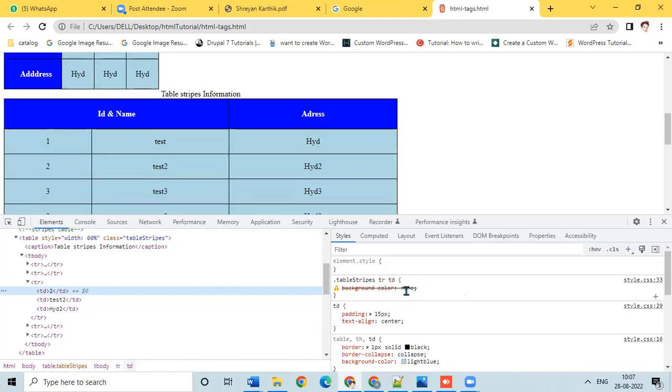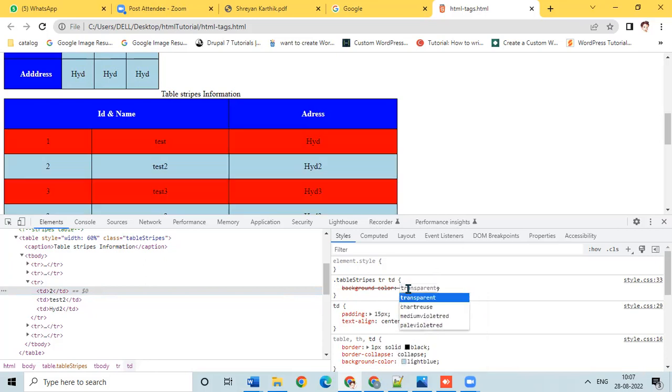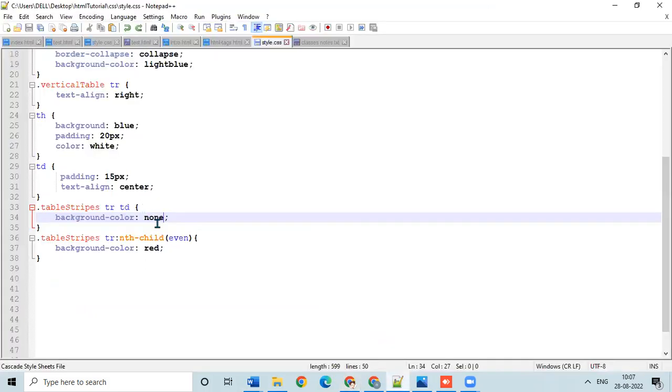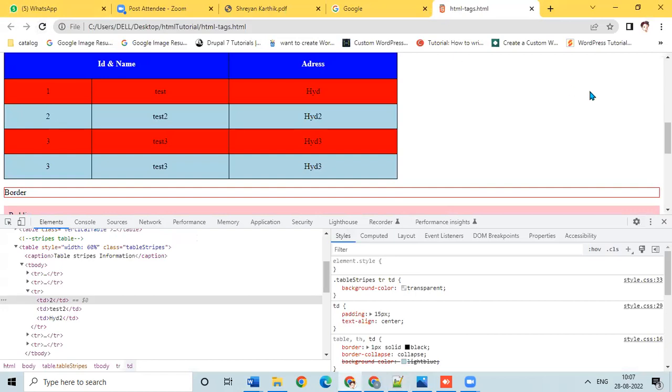So none is not accepting, so you have to try another property. Just click here, and see the available options. Like this, if it is transparent, then this style will take more priority, right? So we have to give this property. Just use trial and error. Just try, change, and you'll get something. So this is the use of